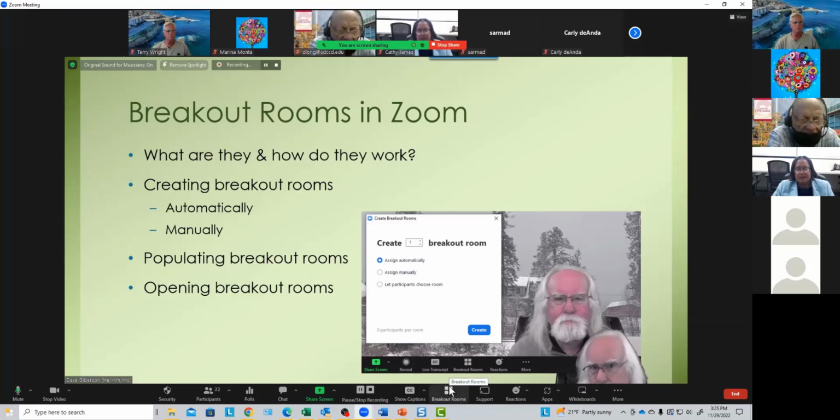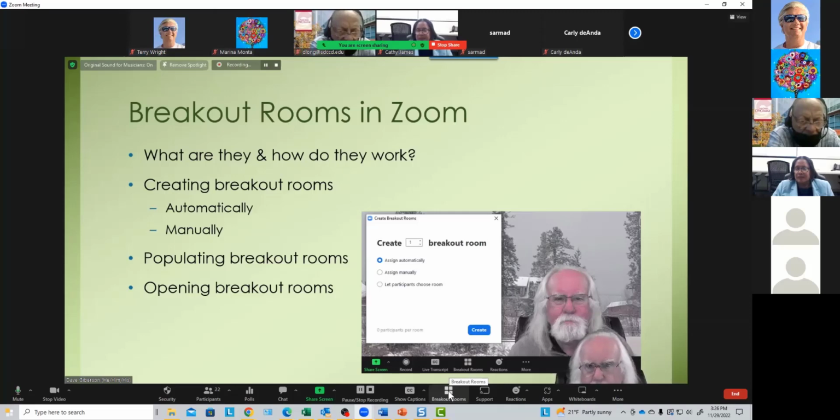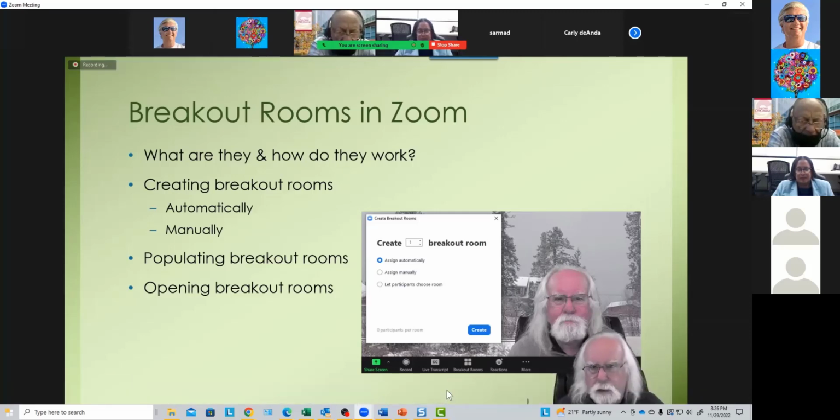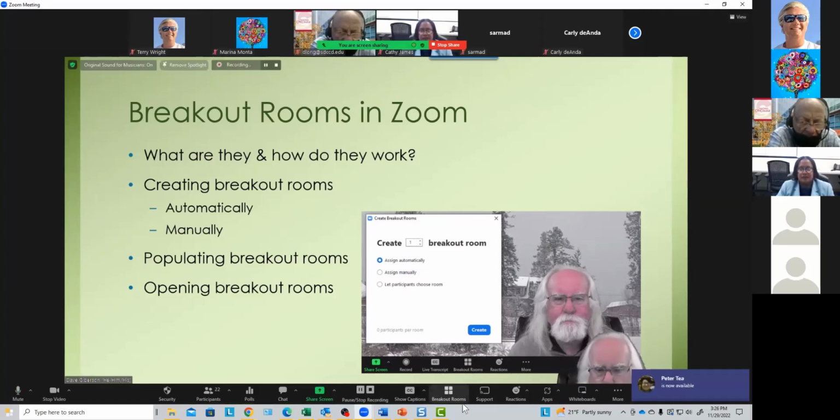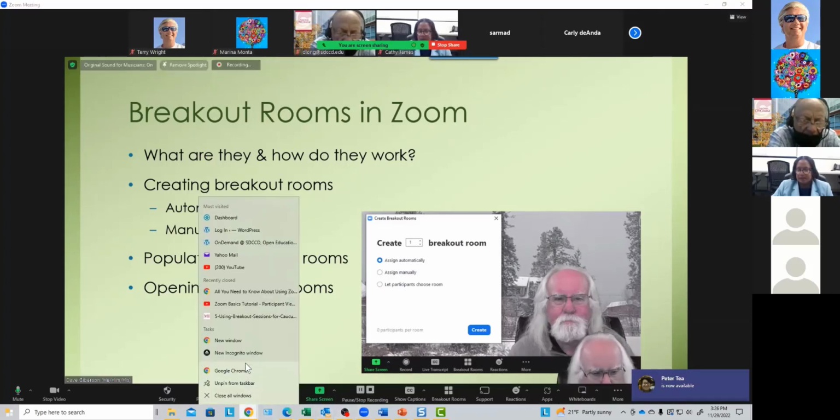The other possibility, if you don't see this breakout rooms symbol here, is that you just don't have that feature turned on in your Zoom Pro account. Now that's highly unlikely in the case of an SDCCD Zoom Pro account. Those are turned on by default. That tool is turned on by default. But if you don't see this, you can go into your